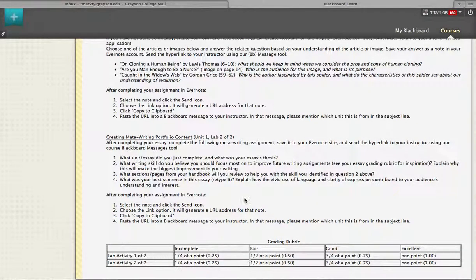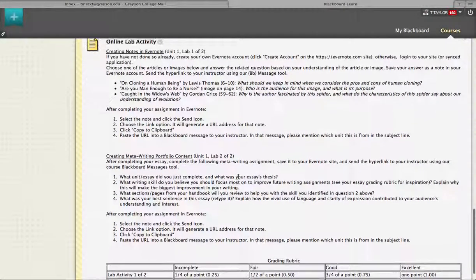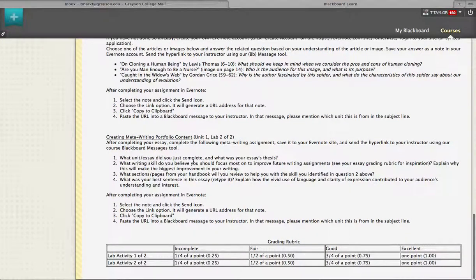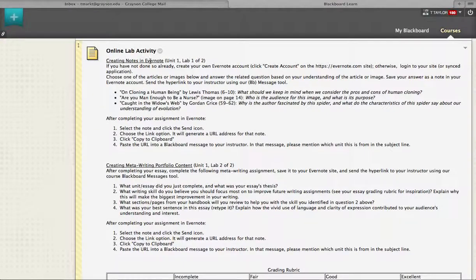And then I have a grading rubric for that. So you're posting 2 things, or if you do these individually, I'd go ahead and put these all on one posting, but you could do 3 separate postings and then another one there. You can do these right away if you want, but wait and do this one until after you've turned in your first essay. Let me click on that and give you kind of a quick